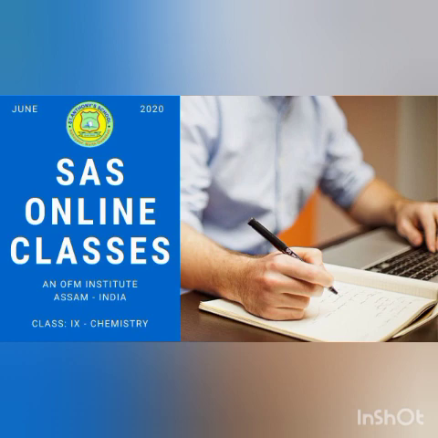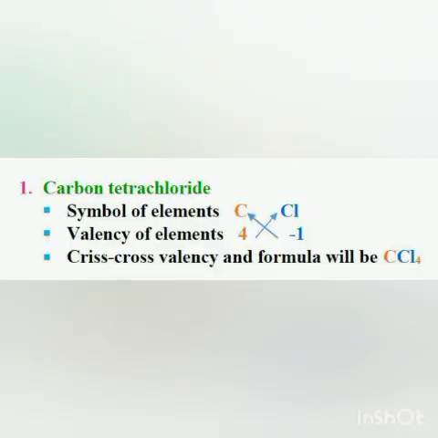Okay, now first we will see how to write the chemical formula of carbon tetrachloride. First of all, we will write the symbol of the elements. So there are two elements here. One is carbon, another one is chloride or chlorine. Now the symbol of carbon is capital C and that of chloride is Cl. Tetrachloride is not an element, neither is it a compound. But chloride or chlorine, we write Cl. Okay, now you know why we write Cl, that I have already explained to you.